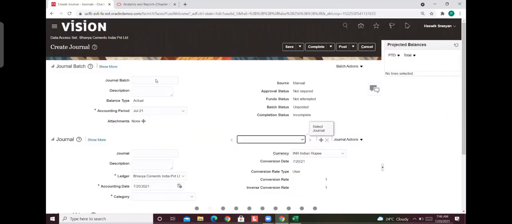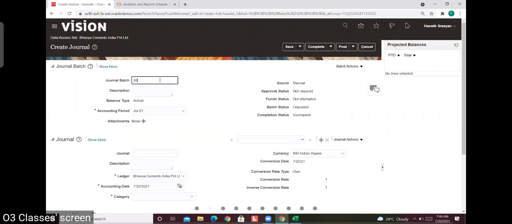Next, the note. Even business end users have to go with the same process. For the journal batch, you can give today's date as the journal batch. Description, you can write it. Go to journal, give the rent paid to builder for the month of July.